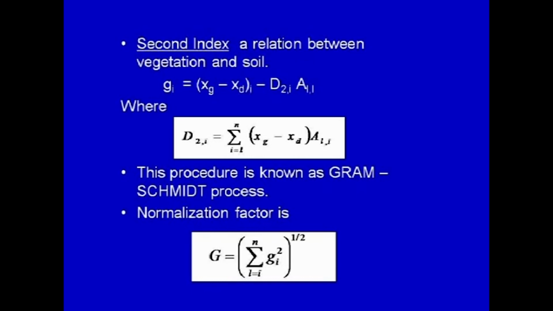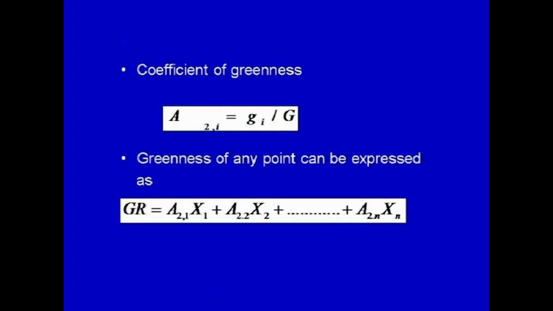Having done this, we now find out the normalization factor G in a very similar manner as we have found for B. We can now compute the coefficient of greenness, which can be represented as A21, which is equal to GI divided by capital G, and thus the greenness of each point can be computed in the same manner as has been done for